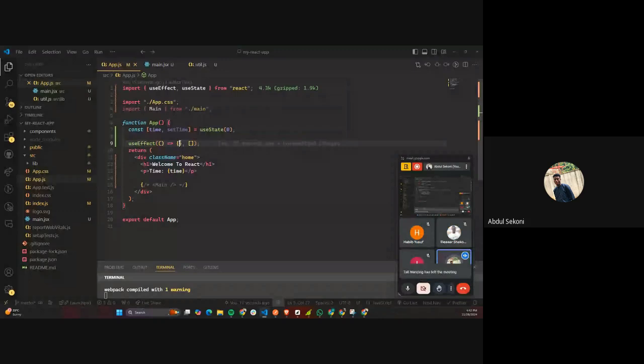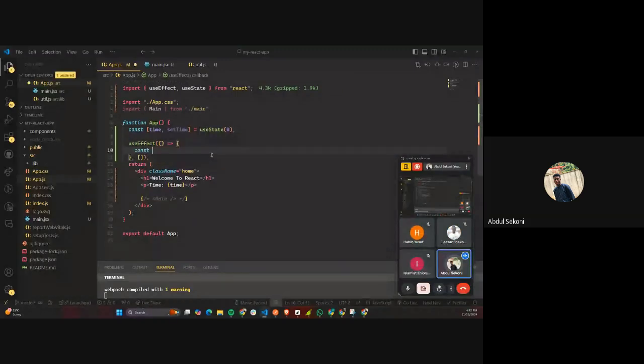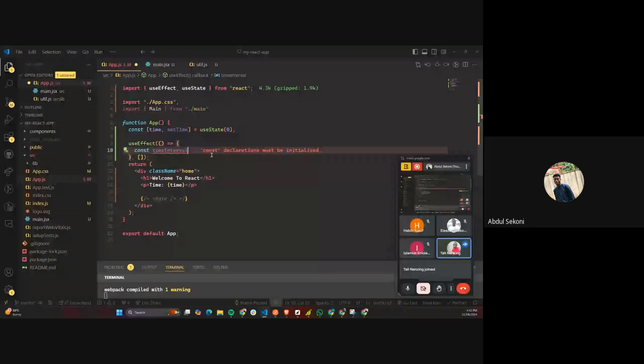So if I come in here, I can now create a constant. I can call it timeInterval. I can create a time interval, and I can set it equal to, let's go and check it, a JavaScript